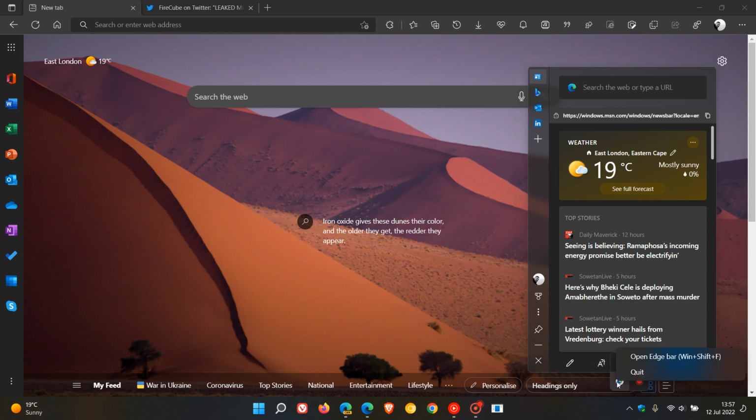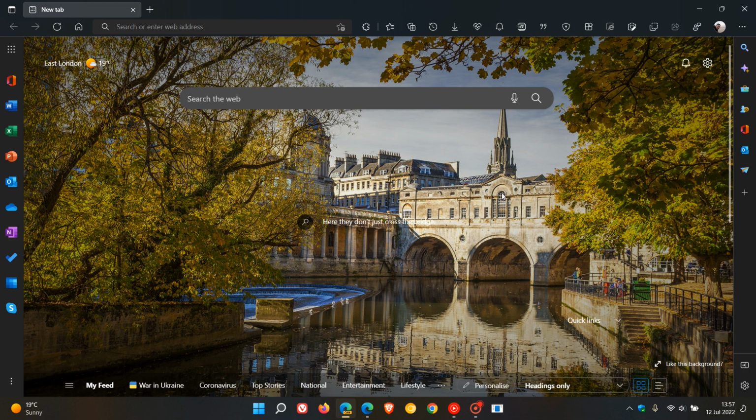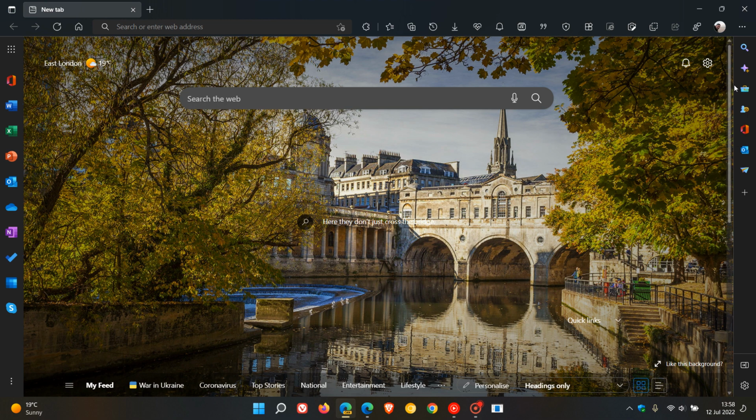If we head over to the preview version of Edge Canary, there's even more that Microsoft is currently testing, which may roll out in the future. We get over and above what's mentioned in the stable version. Just to mention some, we have the secure network, which is the VPN they are testing. We have the sidebar, which has a whole lot of widgets on its own. You've got search, discover.